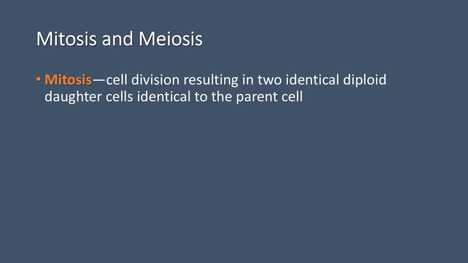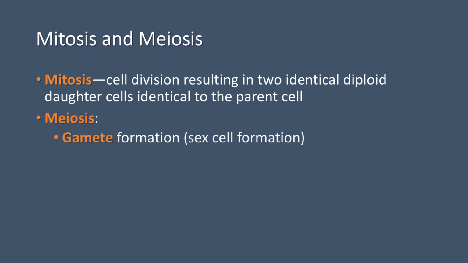So we're just going to talk a little bit about mitosis and meiosis. Like I said, this is going to be a big part of the next chapter, but it does give you an overview in the first chapter. Mitosis is cell division of just our somatic cells, so our skin cells and our liver cells and our kidney cells, and just any diploid cells in the body. What happens is you end up with identical copies of the parent cell. So the parent cell divides into two cells, and those two cells are identical to that parent cell